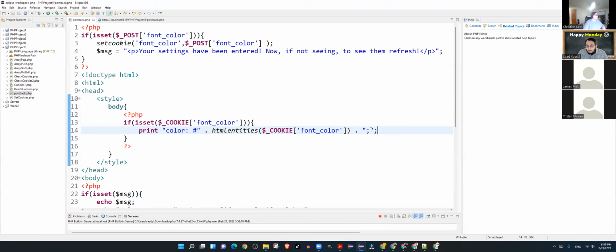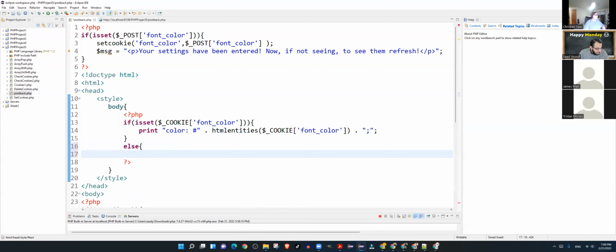So that's why we have this semicolon in the double quotes. Otherwise, if the value is not set, then the color will be